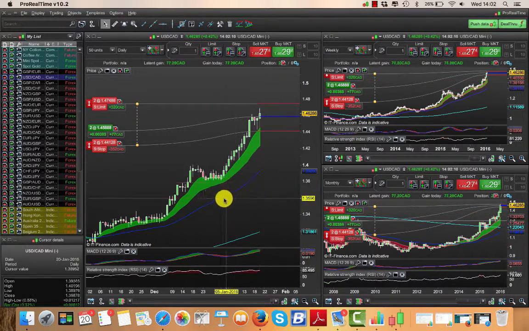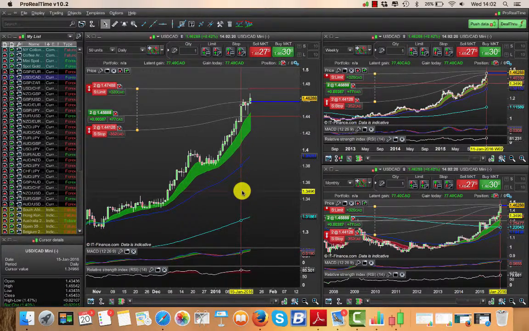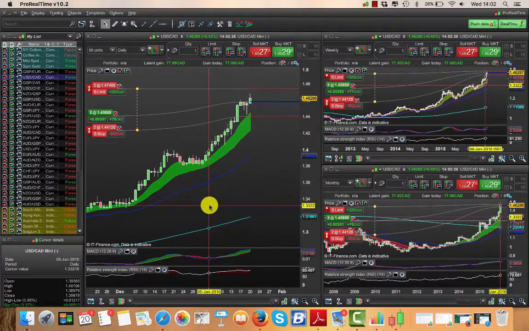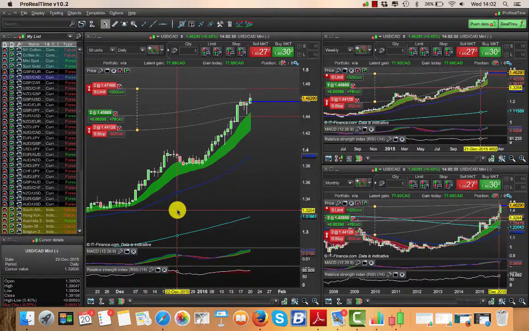We are in profit, and I'm expecting to make more. But once again, we've come in and out of this market for quite a while. We've known where to get in and where to get out. We've understood what it takes. We don't want to be greedy, but we've come in and out of this market quite nicely. And as you can see, the US dollar to the Canadian dollar has been going up for quite a period of time. Lovely trending markets, and it's a market where you can make money, which we are. And we can continue to keep doing that, which is fantastic.